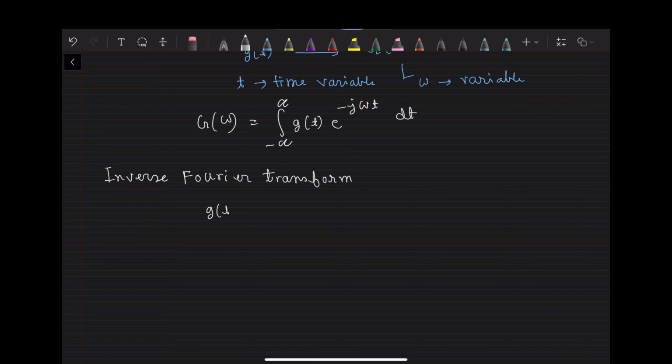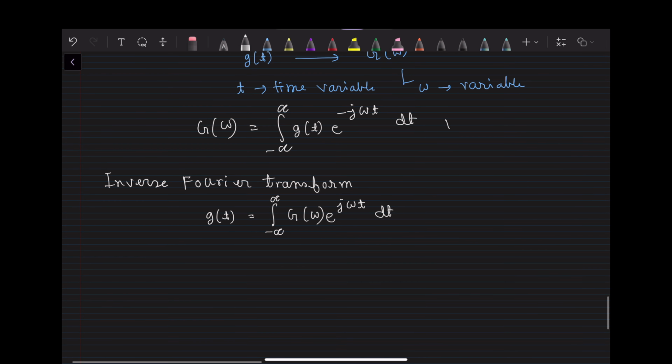What we have here is, so these two expressions are very important,